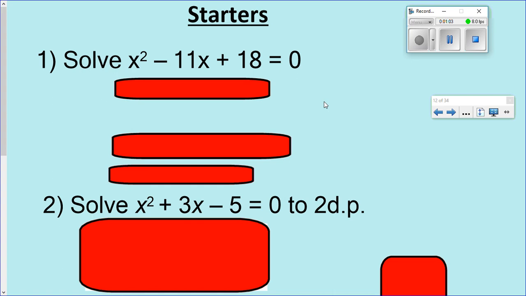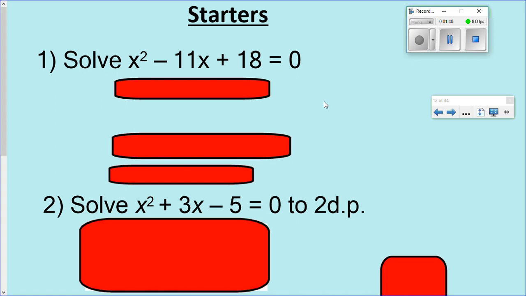Now, always check if you can factorize first. It makes your life much, much easier later on. And then if we do have to use the quadratic formula, then we know we've tried everything already. So with our factorizing, we've got three rules. Is there a common factor? Is it a difference of two squares? Is it a trinomial? Now, looking at x squared minus 11x plus 18, there isn't anything I can take out in common. Obviously, it can all be divided by 1, but that's not going to change my answer at all. And the fact it's got three terms means instantly it's not a difference of two squares,